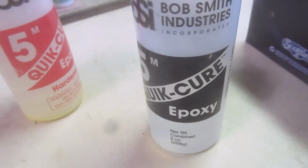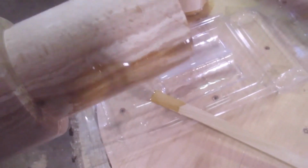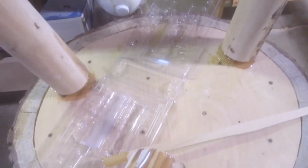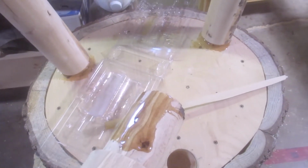Bob Smith Industries Quick Cure 5-minute epoxy, and I mixed it up in its tray, putting some in the legs, some in the bottom of the hole, and whatever's left is going to give it extra support, whatever oozes out. So I gotta hurry up, so I can't do both at the same time, hold the camera and